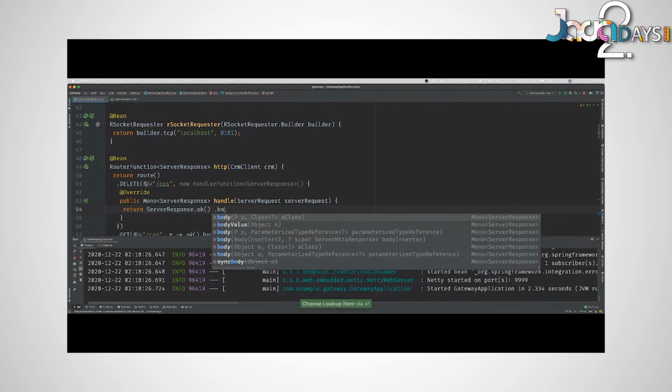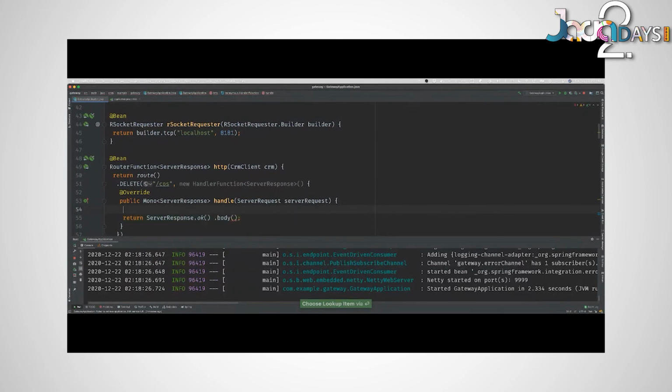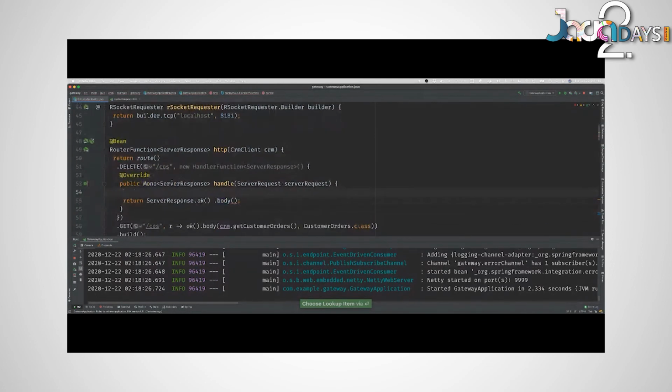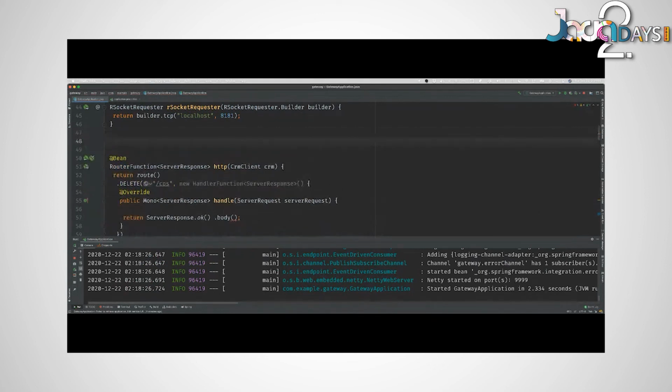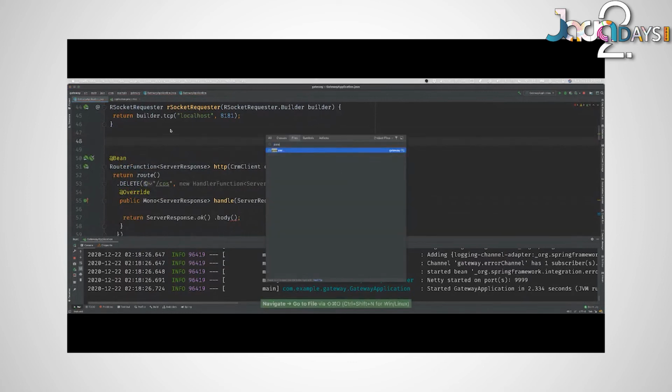Okay. Body. And here I'm going to use Spring Cloud Stream. Spring Cloud Stream will make it easy for me to send a message using the Java util function types, right? And then I can broadcast that message to a Spring Cloud Stream binder.